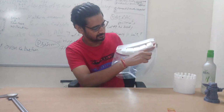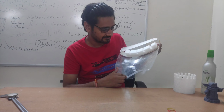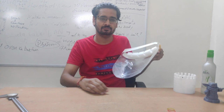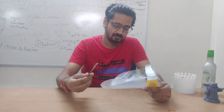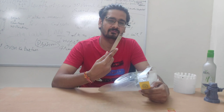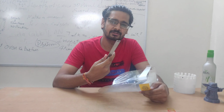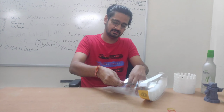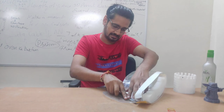Here you can see that on both the right and left of the face shield there are two visible lines. First of all, we have to use some type of flat surface tool. Maybe you can use a scale or anything like that. So just put the scale like this